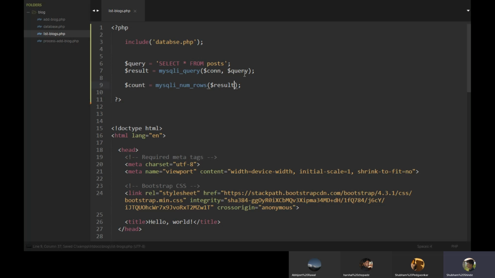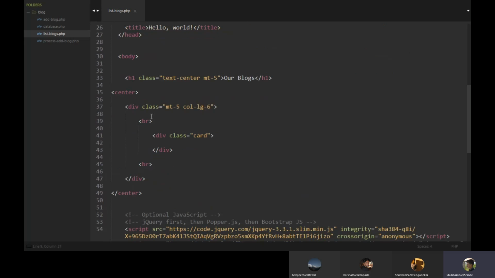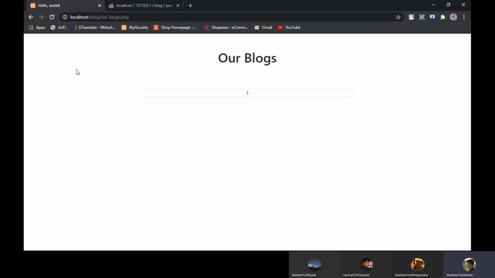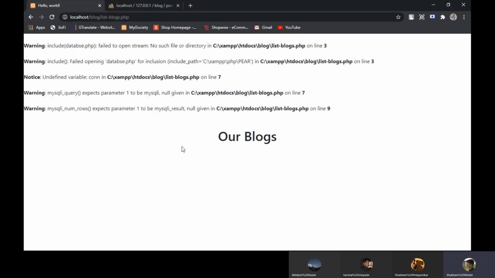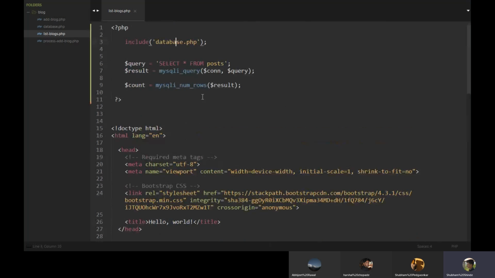Okay, so we'll come down, and this is our main div, which is just an invisible wrapper for our single card. In that main element is our list, which is showing 1 and a border. For this demo we have just put 1, and we'll put the title here. This is our card. If we remove this, nothing will be printed. We are getting an error in database, a spelling mistake in database. Okay, sorry.